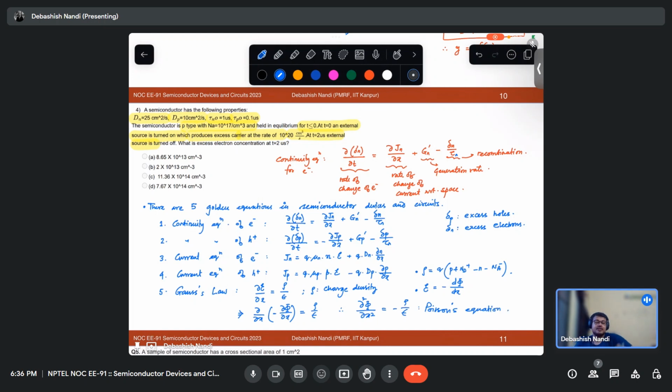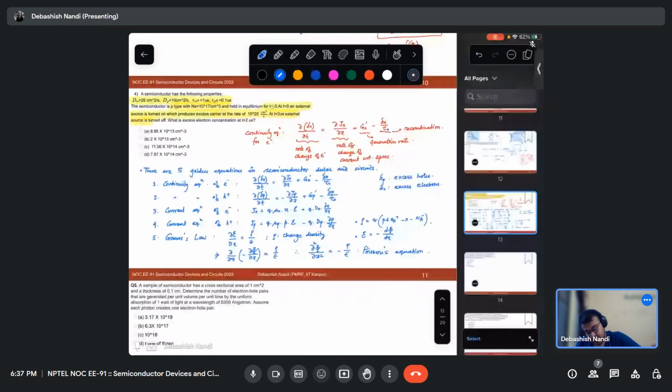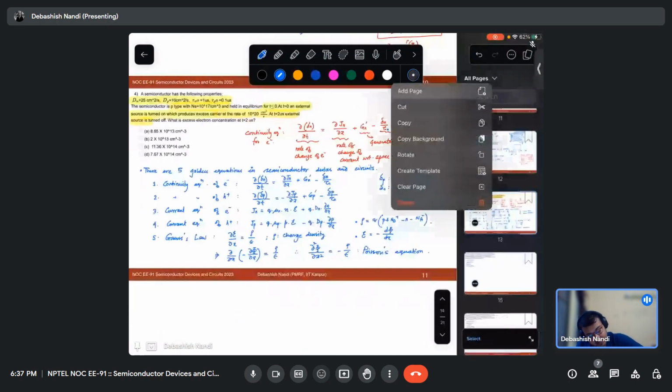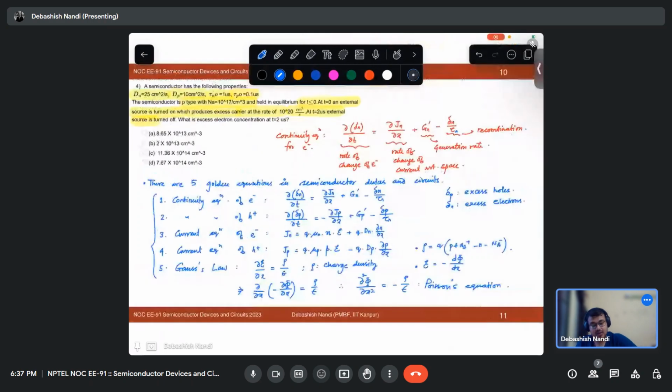So these are the equations you need to understand very carefully. Actually, this is the crux of this entire course: to make you understand these 5 equations and the auxiliary equations. If you understand this much very carefully, believe me, all the PN junction, MOS capacitors, whatever else is there in the remaining course, you will find it very easy. So make sure you spend enough time to understand each and every aspect of these equations.